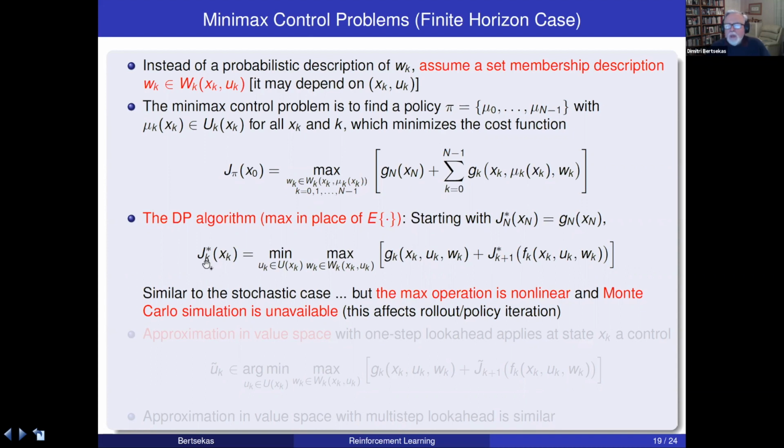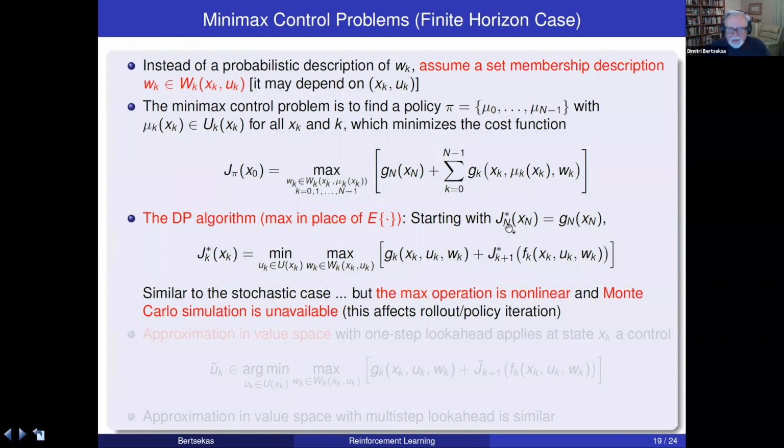The optimal cost of the tail problem that starts at xk involves minimization over the first stage cost and the cost of the remaining stages, assuming that the disturbance acts malevolently, as bad as possible, and assuming also that we're going to be minimizing in the future. So this is a very similar dynamic programming algorithm. It has the same difficulties, namely lots of computation to find these J stars, lots of memory to store the optimal policy and the J stars, and it has some additional